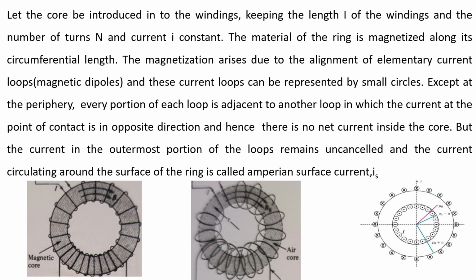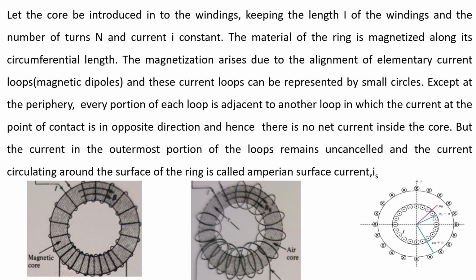In the first case, we are introducing a core into the windings, and because of the magnetic field, the core material gets magnetized, and magnetic dipoles will be induced in it, or it can be represented as current loops,